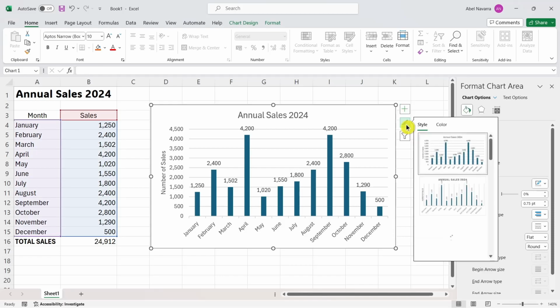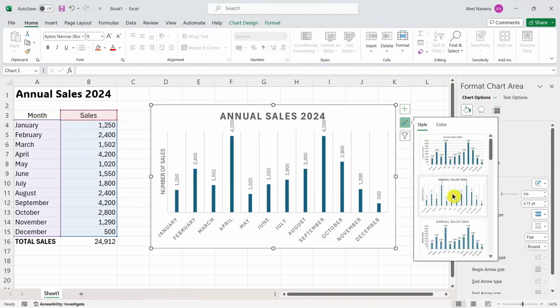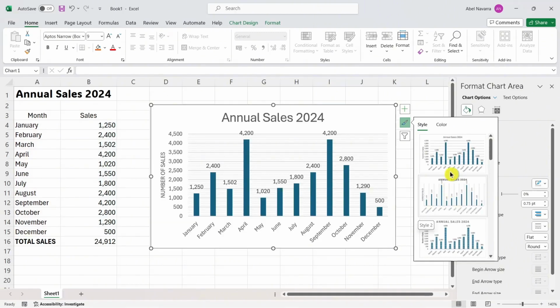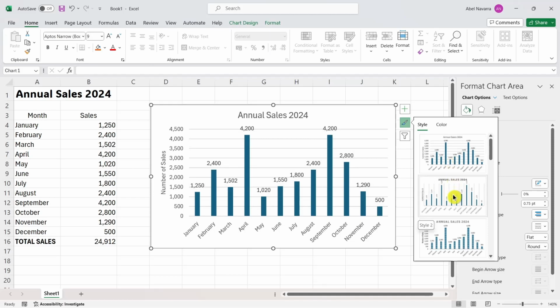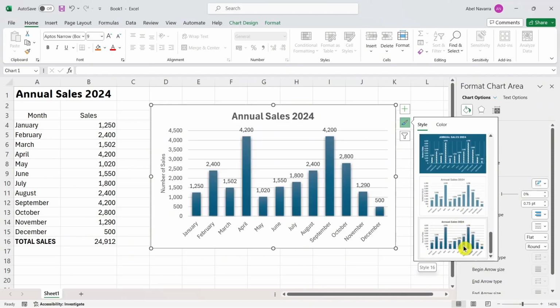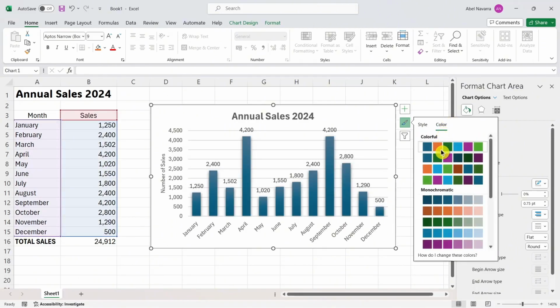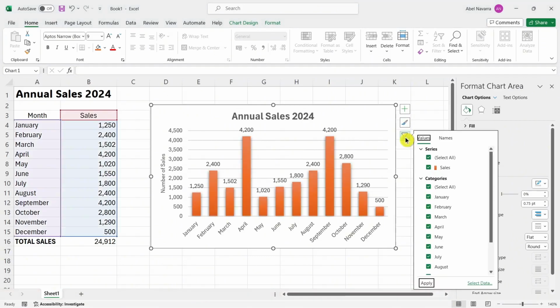Now, other options here, we have the styles. So basically you can select this style for your chart. Then you just have to hover your mouse and it will automatically preview the chart design. So in this case, I'm going to select one here. For example, I like this one, and you can also change the color, depending on your branding or your company color. So there you go. We have just changed the element right from here, and we can also filter the